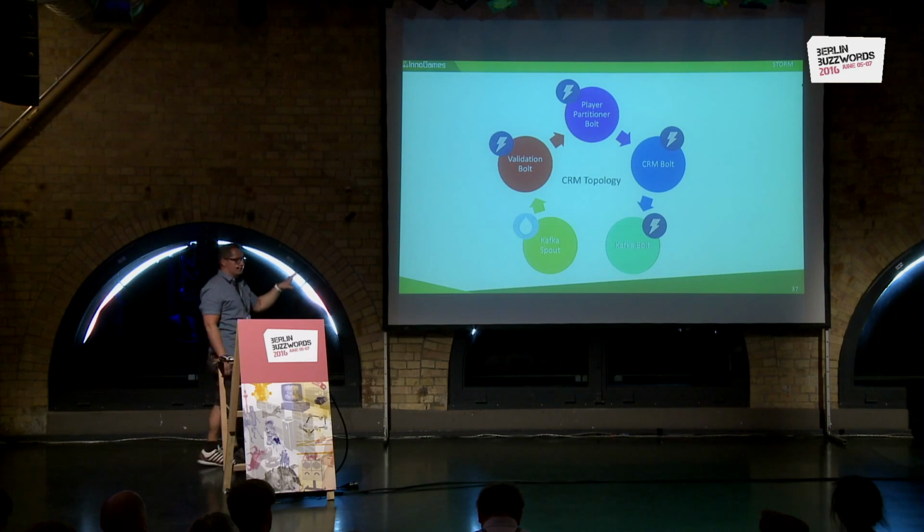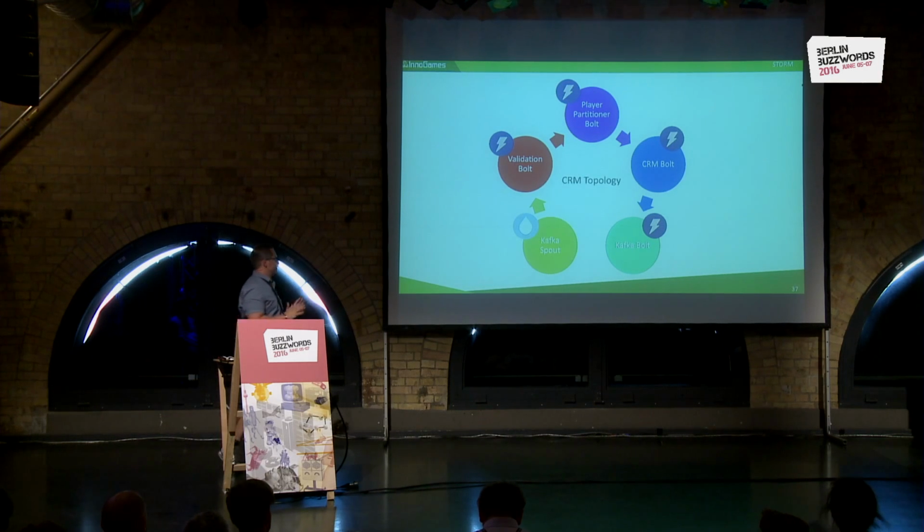We have the Kafka spout that's reading stuff from Kafka, obviously. It's reading the raw topic, the events. Then we have a validation bolt because, like every big data project, data quality is always an issue. So we have schemas, and we are validating our events with those schemas, but that's a different story. What is important is we only want valid events, of course, and those valid events get then partitioned by